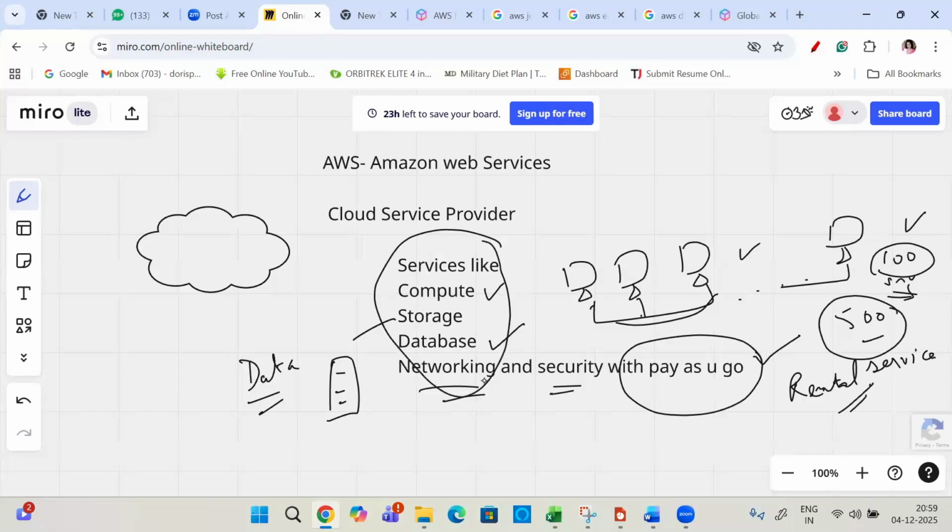So everything has gone online. And why is there so much demand for AWS? It is nothing but because of the online services. Today everything has gone online. If you ask what the things online are: e-shopping, right?